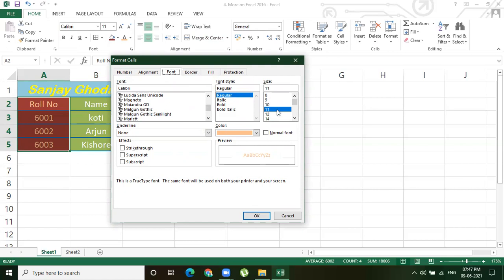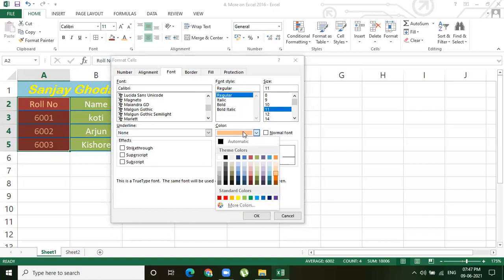And here you can see font size. And here it is about single line, double line underlines, single line underline or double line underline. If you don't want, select none. And even color. So if you want to apply the color only for the selected text, it will be applied, right?